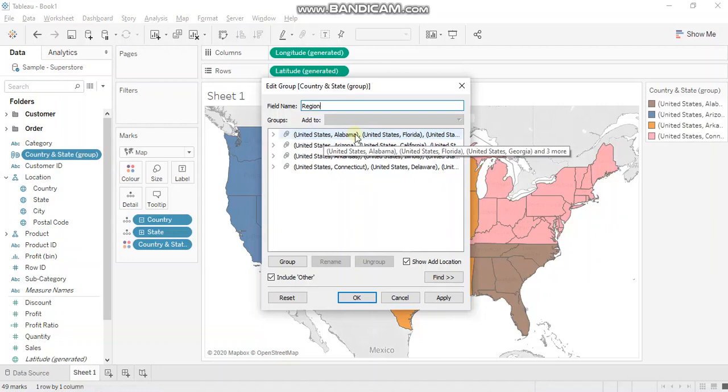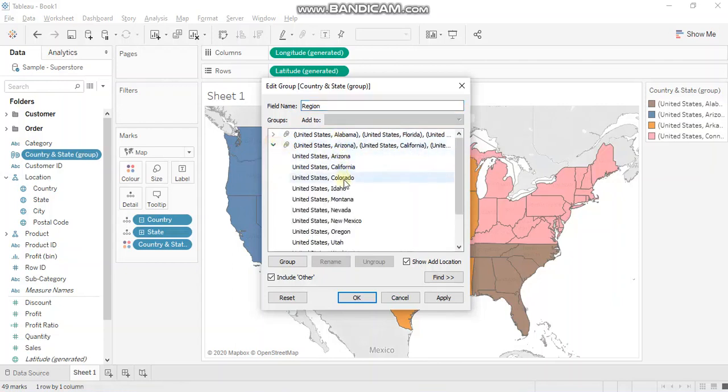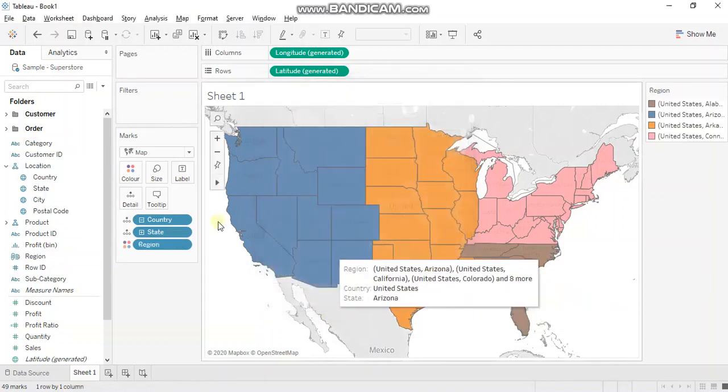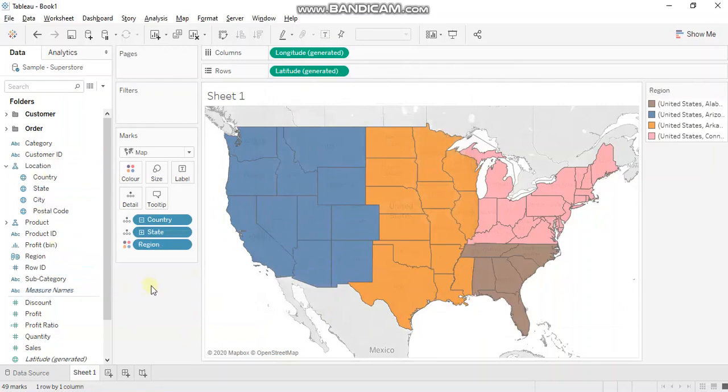These have been named based on the values that they contain. So you can see here Arizona, California. These all are a part of this category. So obviously you can rename these based on whatever naming convention you want to follow. Let's click OK. Also, you might have observed that there is no provision of adding any formula or any condition. We'll see that is the case with set.